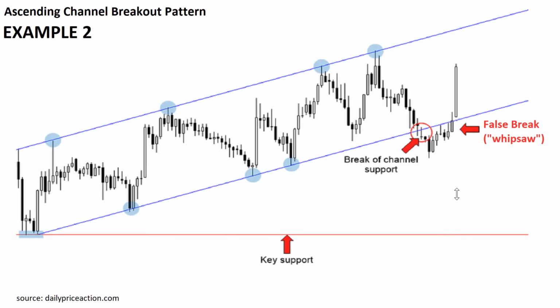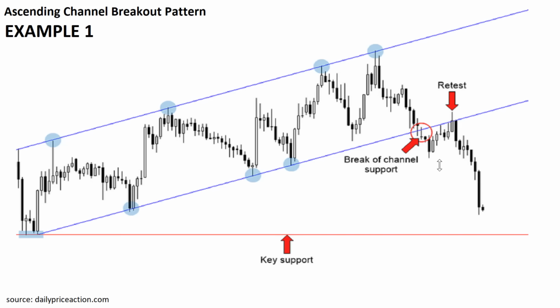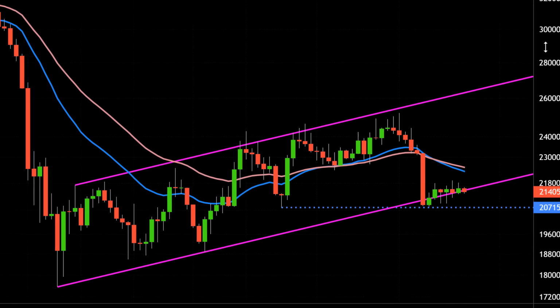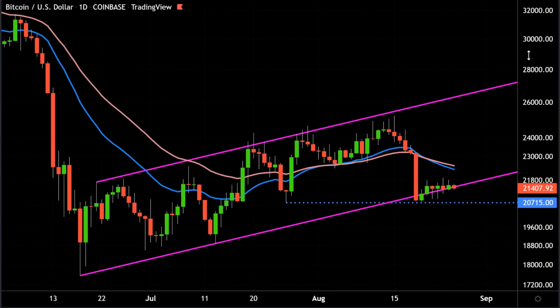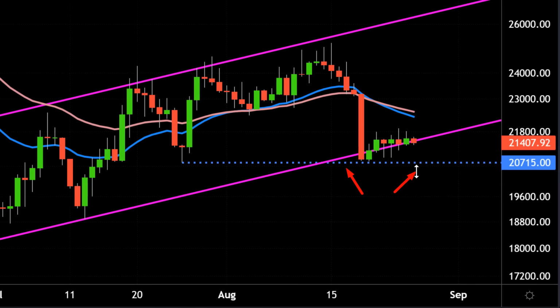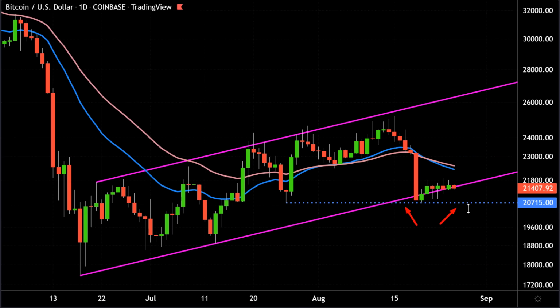All right, guys, so that's really what we have. We have two potential scenarios. One is a false break, and the other scenario is a direct breakout to retest the prior lows and the panic lows that were formed here at the start of the channel. So that's really what we have here on Bitcoin. It's a matter of just being patient and seeing what Bitcoin wants to do here, okay? For now, we're still above this support at 20,700. We just need to be patient, and let's see if we get a confirmation of that breakout. And in which case, if that happens, then risk potentially increases to the downside.